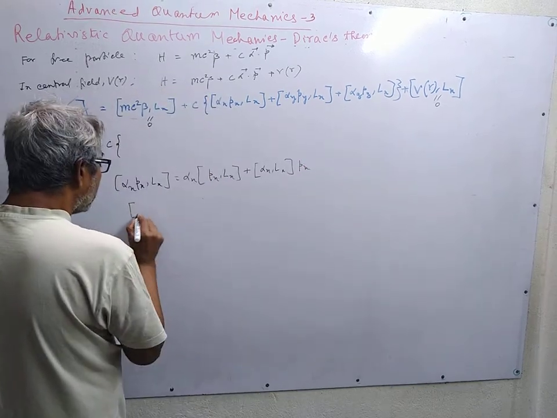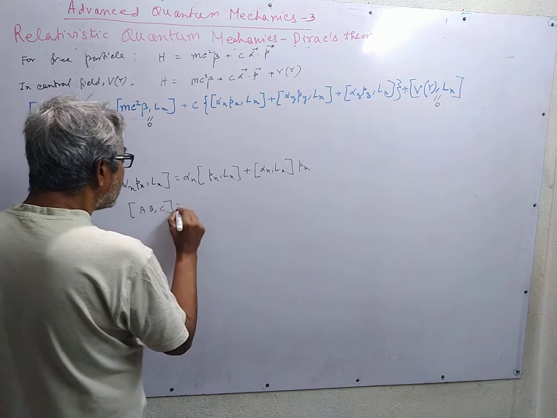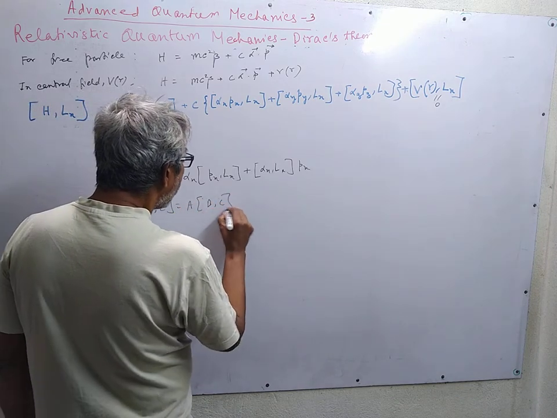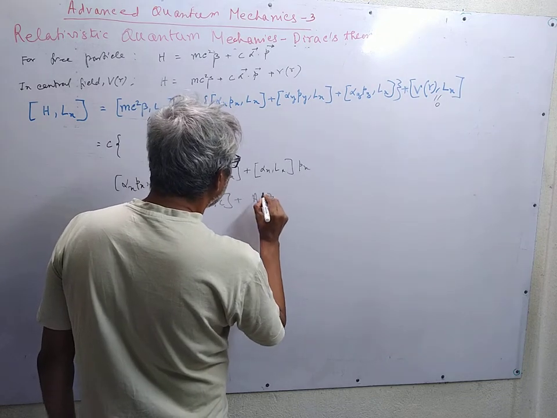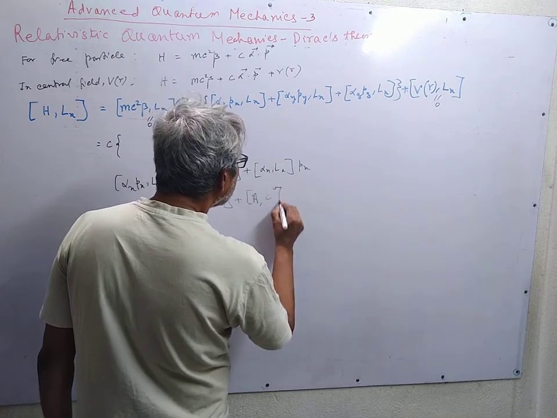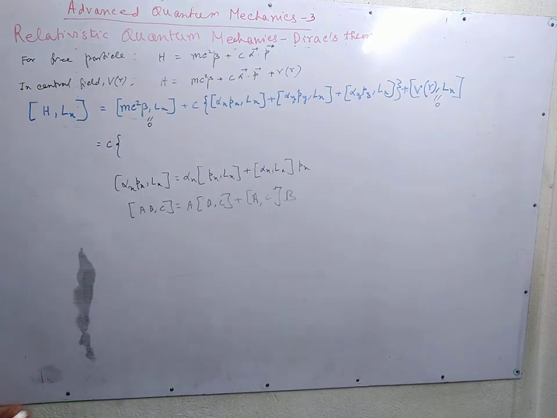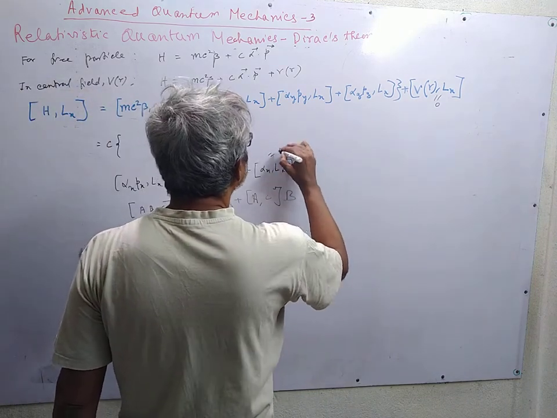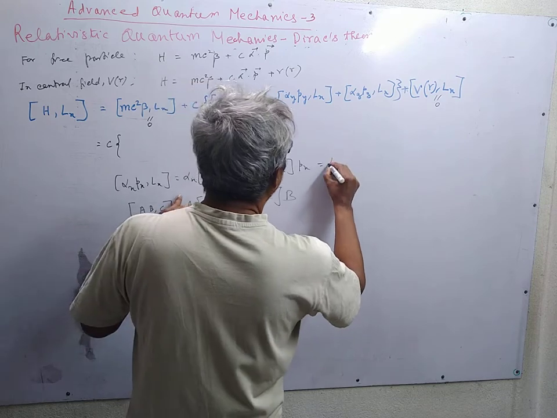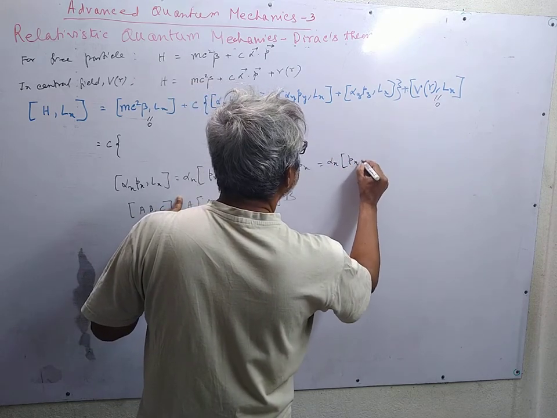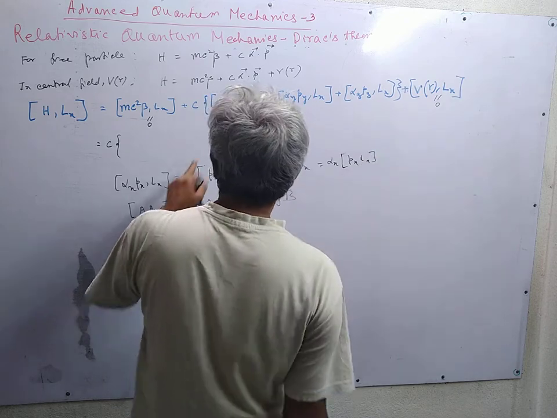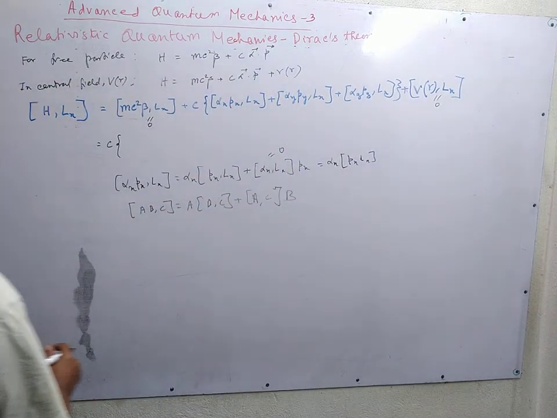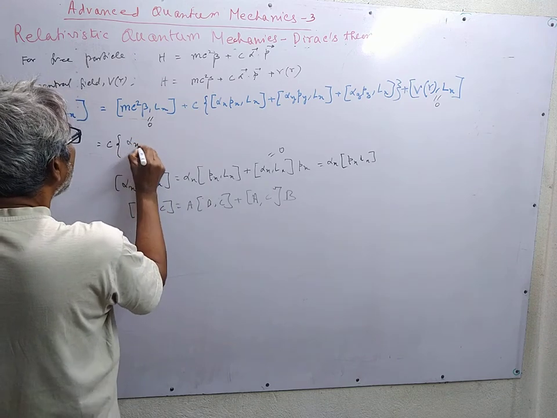Here we have used the rule that the commutator of ABC is A B C commutator plus A C commutator B. Since alpha and beta are constant operators, this part is 0, this part is 0, so we are left with alpha x px Lx commutator. This is applicable for all three terms,